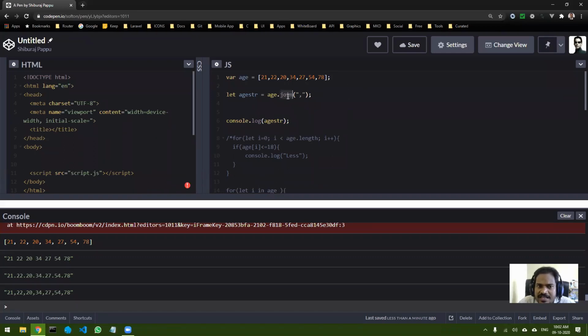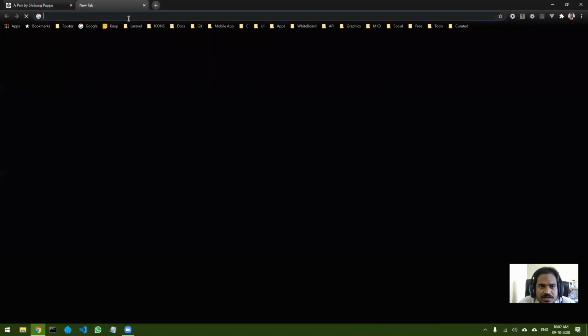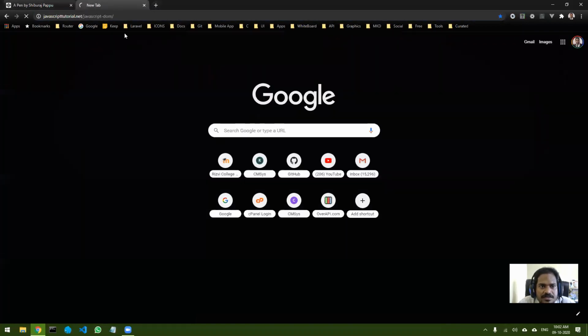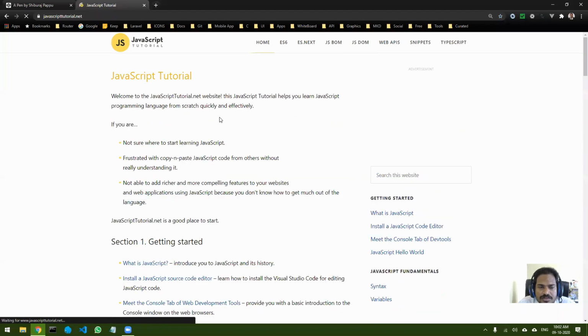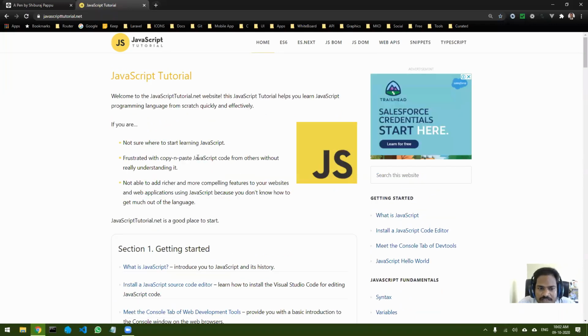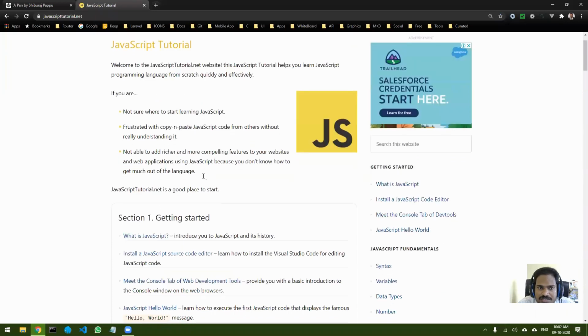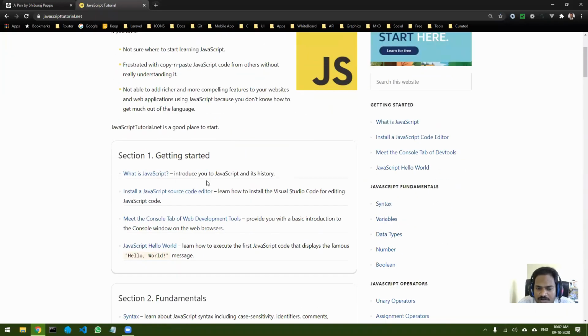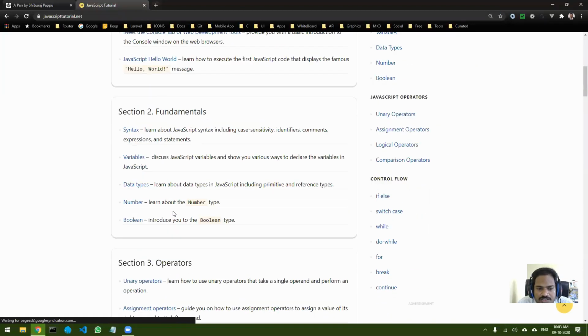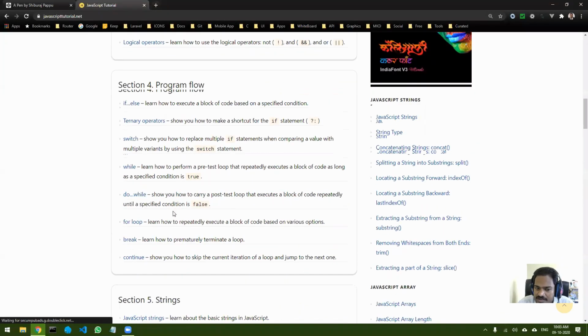Like this there are many such functions, and for you to go through all these functions I will just tell you a web page. This is the website that I frequently refer to. It is a nice little website. Now it is completely up to you whichever website or online resources you like, but this is what I am suggesting. It has section wise all the commands with detailed explanation.